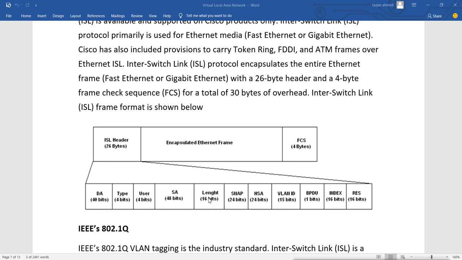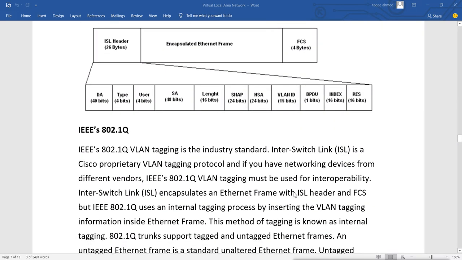It increases the size of the frame and the size of the packet by at least 30 bytes, and within those 30 bytes, what is the important information? You have only the VLAN ID of 15 bits. So it is unnecessarily increasing the length of the packet. That is why now everyone is using the IEEE standard 802.1Q protocol, including Cisco itself.